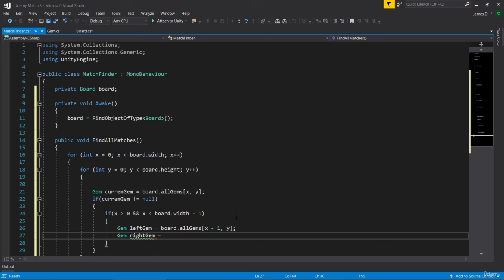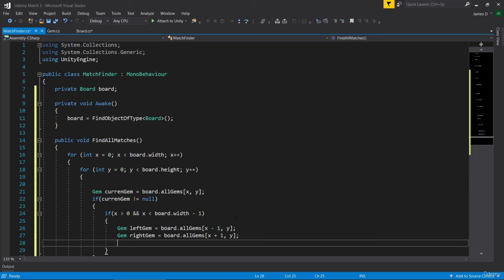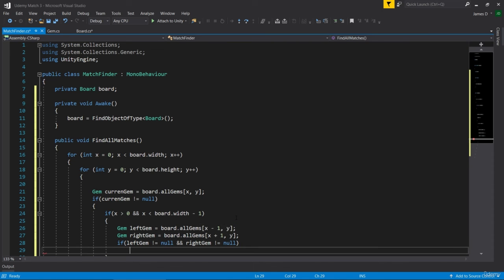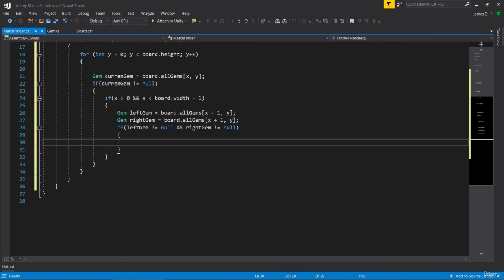So this is the gem to the right, and we're going to set it to be board.allGems at X + 1 and Y, like so. And then the first thing we're going to do is make sure that both of those gems are not empty. So if our leftGem is not equal to null and our rightGem is not equal to null, then as long as those both aren't null,